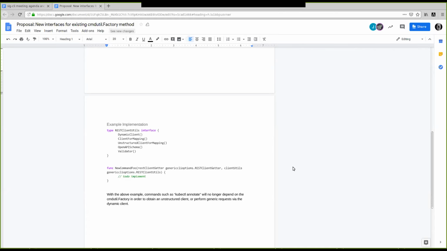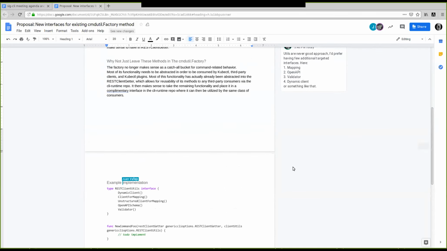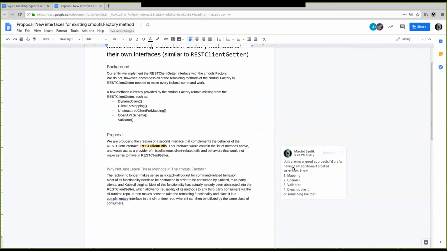Perfect. Yeah, I definitely agree with that. I'll go ahead and modify the doc and introduce the idea of the superset interface, and maybe two or so more interfaces. Maybe we could have one for the client for mappings and the dynamic client, and then a separate one for the OpenAPI schema and validator, since those two are related. Perfect. So maybe two more, one for clients and another for that, and then encompass all three resulting interfaces in a new superset interface,